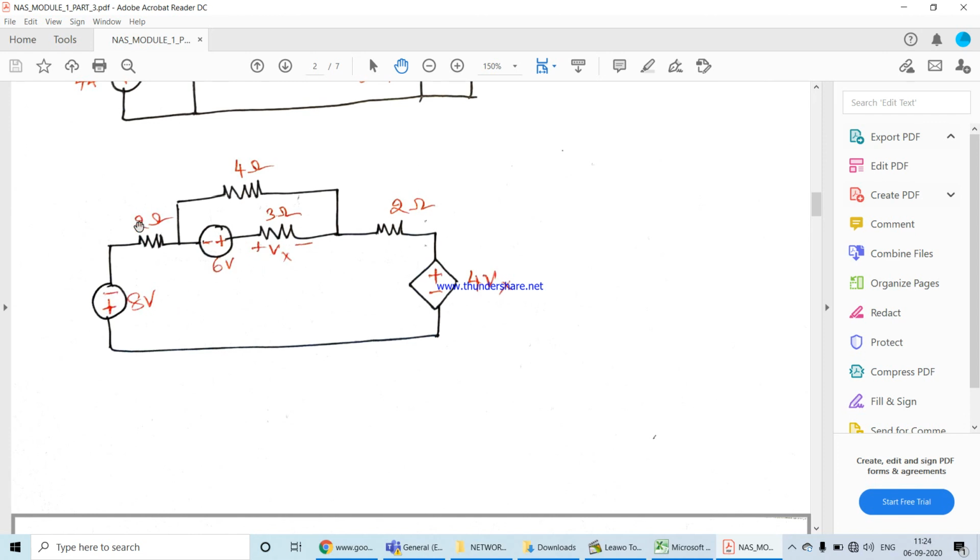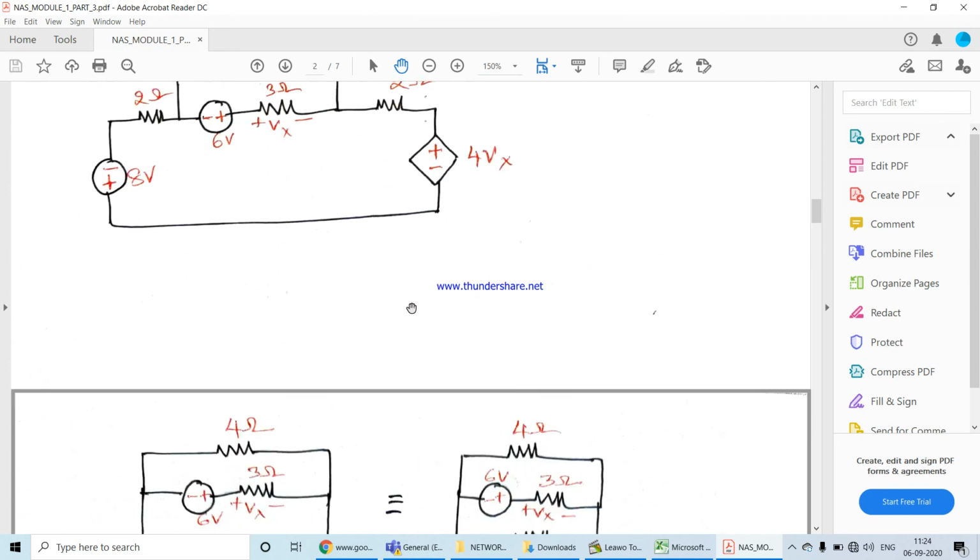Okay. And similarly, this 2 ohms and 2 ohms lie in series. They both lie in series, so I can easily add the two resistances also in series. So that is what we get here. See, when I take a current in clockwise direction here, current starts flowing plus to minus here, and current comes here and goes to here. Again it starts flowing from plus to minus. Therefore they both get added up.